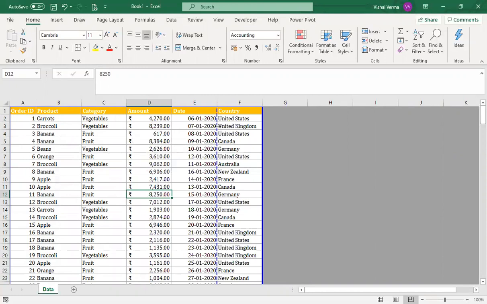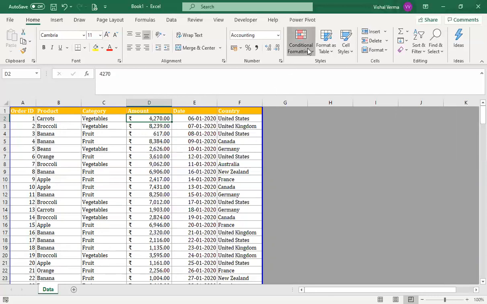One way of doing that is just to identify how many numbers there are, or we can use other functions to find out the numbers which are more than 5,000. The other way is to use conditional formatting. Conditional formatting basically formats the cell so that it gets highlighted. That is the logic behind conditional formatting.